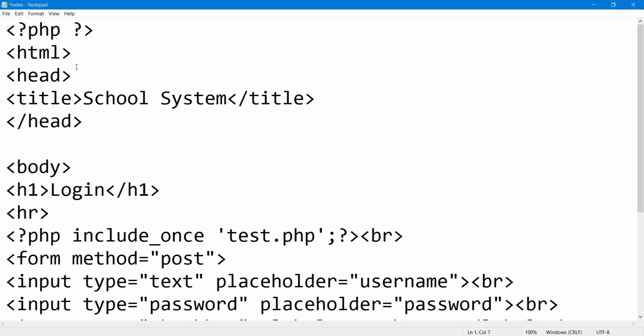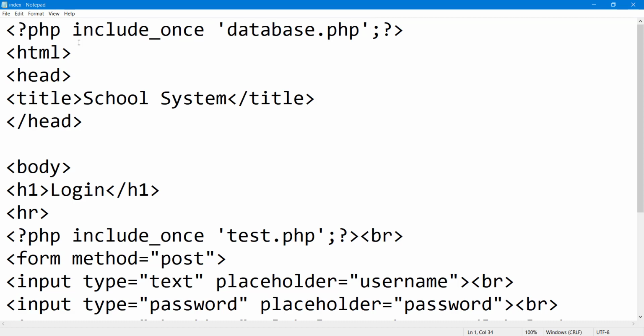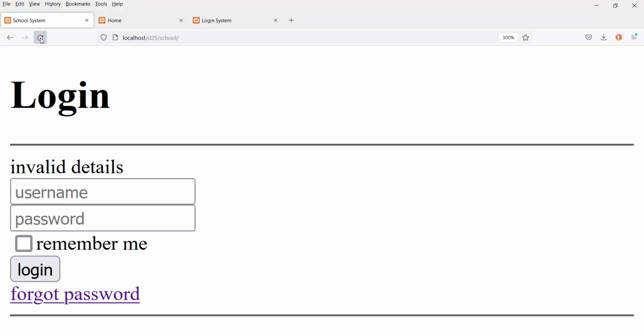This time we say we want to include database.php, and we also need to put the same concept, include_once. Include once, database.php, click on save, we refresh,